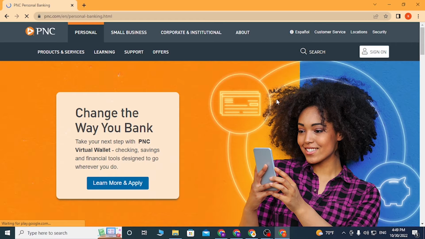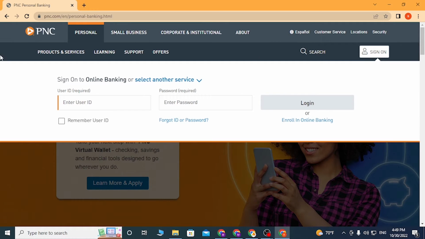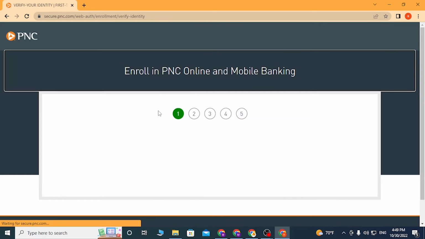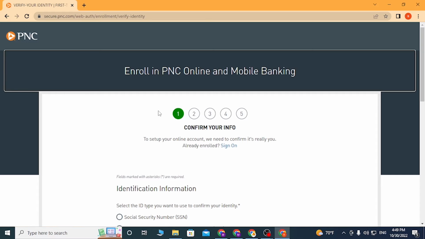Now, to create an account on PNC, you can see the sign on button on the top right corner of your screen. Click on sign on, and after this tab appears, there is the enroll in online banking button available over here. Click there and you'll be directed to the sign up page of PNC online and